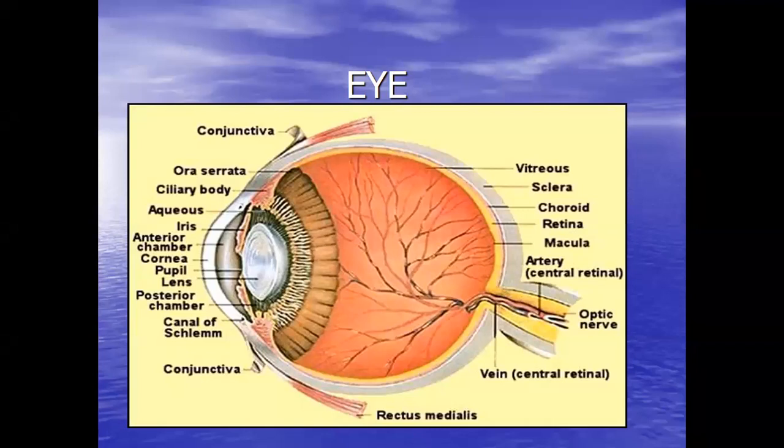Now this front lens of the eye is a biconvex transparent structure which is held in its place with the help of zonules. These zonules are also called suspensory ligaments. And if you recall the physics that you have been taught in the first year and second year, a normal lens can be either spherical or cylindrical, or it can be convex or concave.